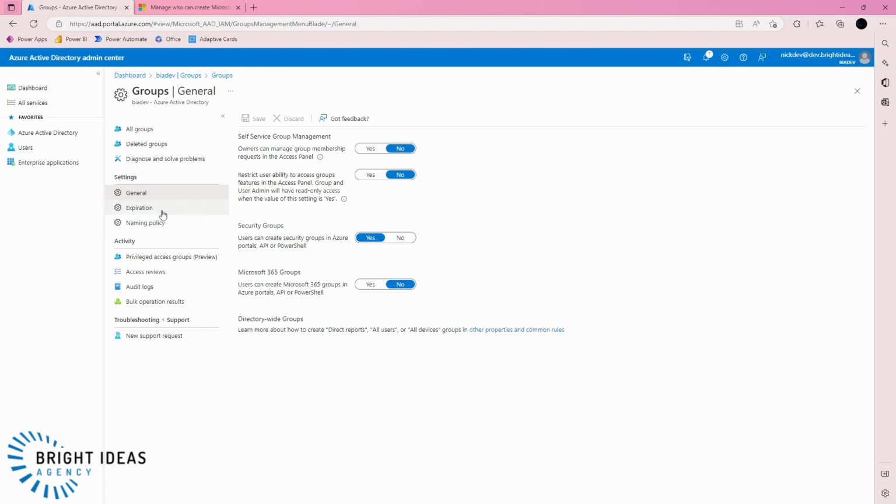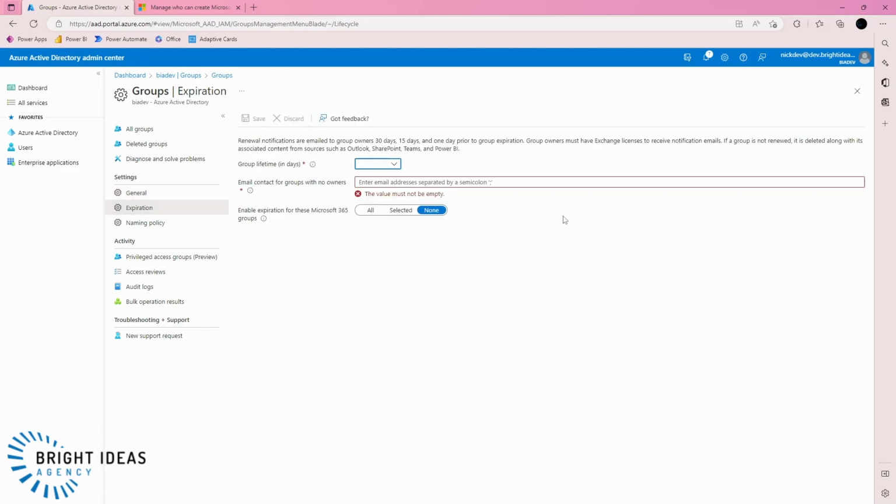So next, let's jump down to expiration. And what expiration allows you to do is to automatically, either for all of your groups or for a selected portion of your groups, to delete them if they are not renewed in a certain period of time, either through being used or through the group owner selecting to renew it. Now, this again is a little bit of a step up from archival, because what you're talking about here is deleting a group. Initially it will soft delete the group, so you will be able to get it back for